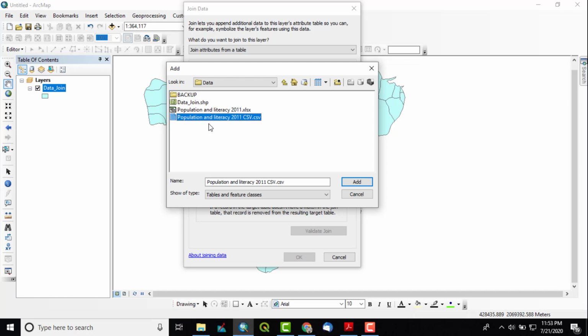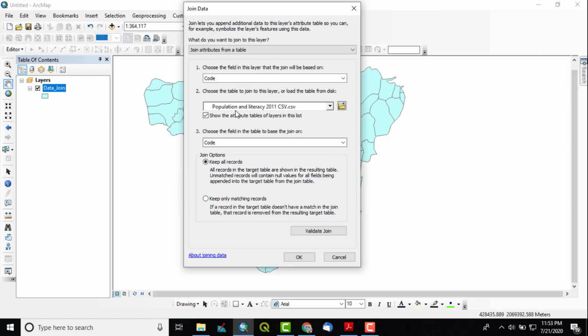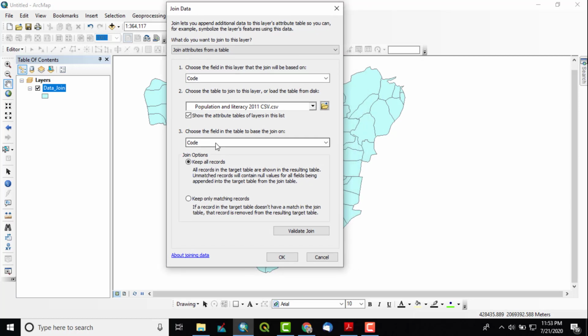So we have to go to the CSV file. Just select it and click Add. Usually it will take the primary key as per the software's own configuration, but if it does not, we can change it from here. Code is there, so I will keep it as it is.